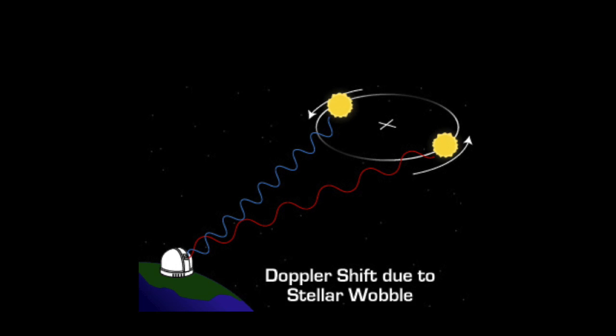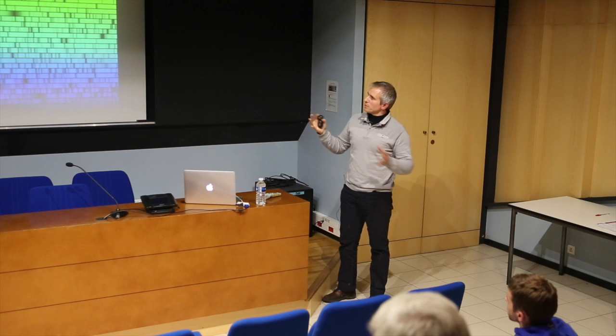Okay, but so we are not very good right now at measuring accurately the position of stars, but we are very good at measuring their speed, their velocity, using spectroscopy and Doppler spectroscopy. So how do we do that? We take advantage of the fact that the spectrum of stars